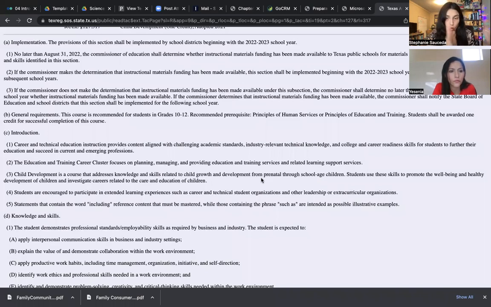It is early child, not prenatal, but early child, which is pre-kinder through 12th grade. What is normal growth and development for those students, and how do they learn best? What strategies are more appropriate during particular levels? When you're teaching this class, you will learn that early children are more concrete learners because